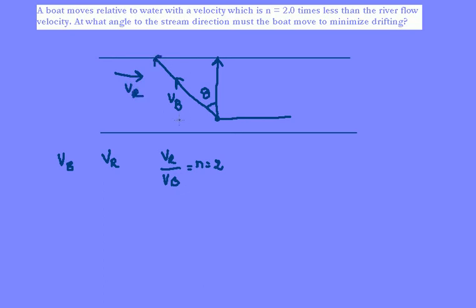When a boat moves in this particular direction, it has two components of its velocity, a vertical component and a horizontal component. With reference to the angle theta, the vertical one would be the VB cosine theta component of the velocity, and the other one would be the sine component. Let the distance from where the boat is situated to the bank of the river be d.